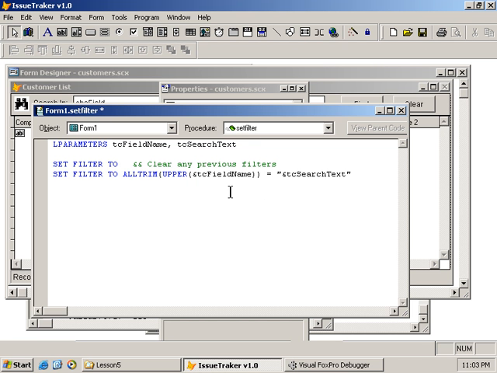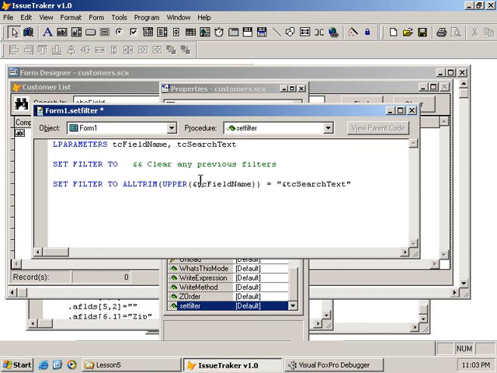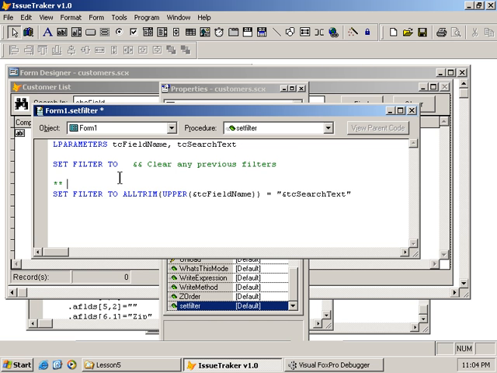Okay, now you may be asking yourself, what does the ampersand mean? And I will be looking at this in a lesson on its own, but FoxPro allows us to use macros. And so this is a macro substitution. So FoxPro will actually expand the value stored in here as if I had typed a literal command on the line. So let me document this. Use macro expansion to